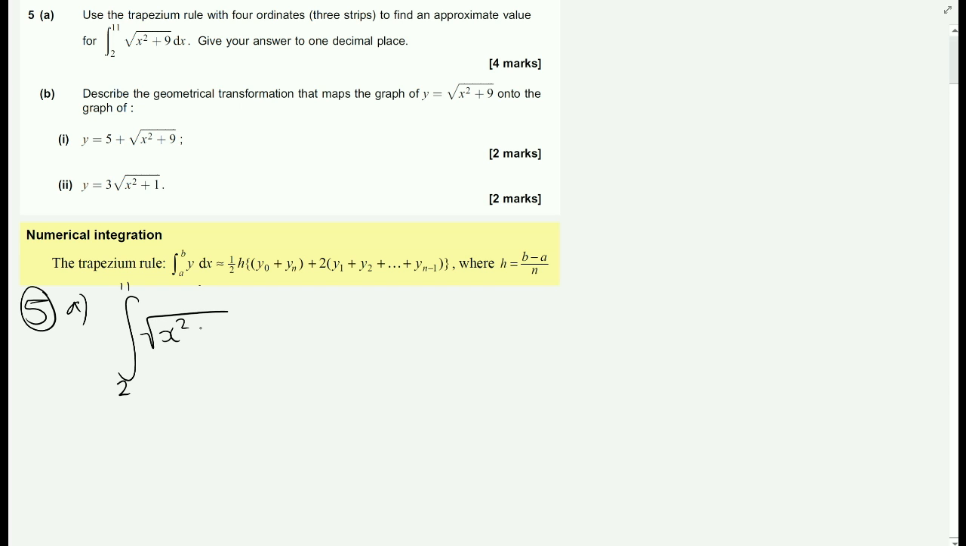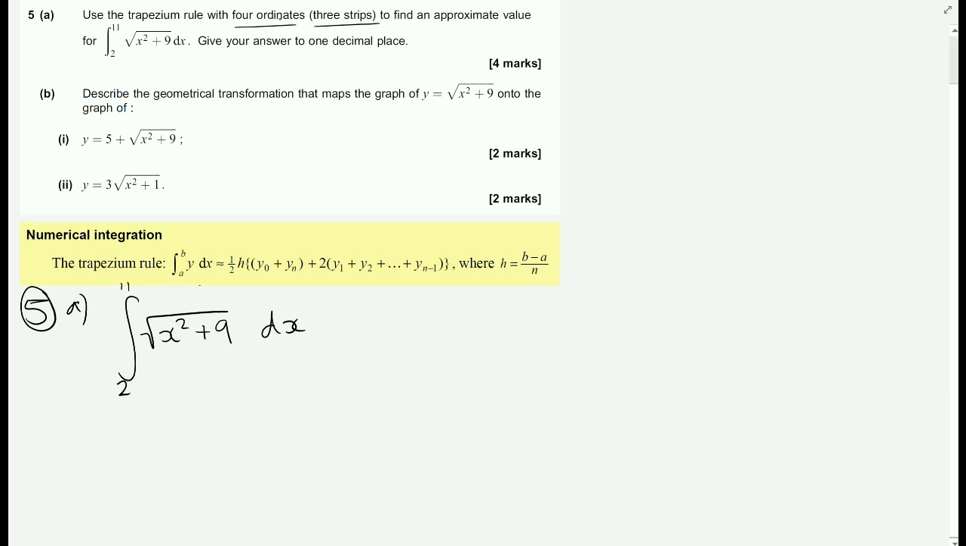Up to now, we don't know how to integrate this function. In Core 3 you'll learn how to do it, but up to now we don't know how to. So we're going to have to use the trapezium rule to approximate this. At no point are we going to try and integrate this because we haven't got any methods to do that. Instead we will use the trapezium rule for 3 strips, 4 ordinates to find